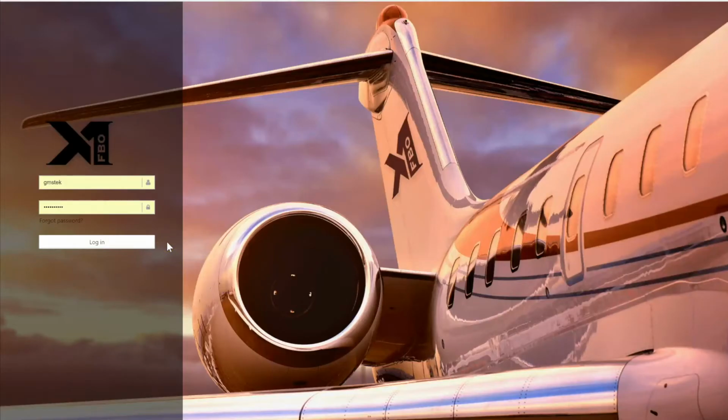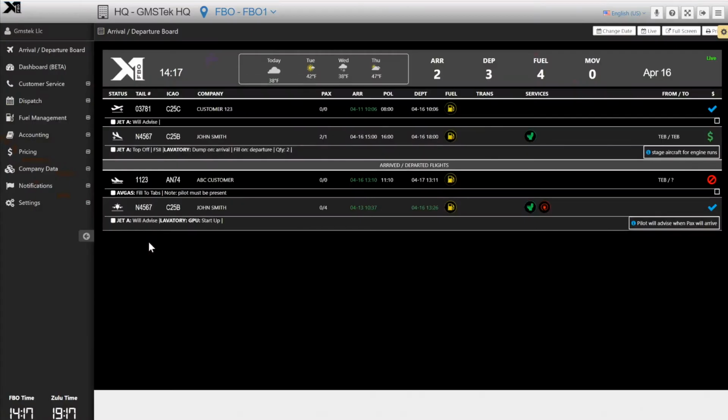Each FBO receives their own personalized URL to enter X-1FBO software. Once inside, they have a view of the arrival departure board, which shows departures, arrivals, aircrafts on the ground, and aircrafts that have already completed their flight, with all their accompanying information, which includes tail number, aircraft model, and customer